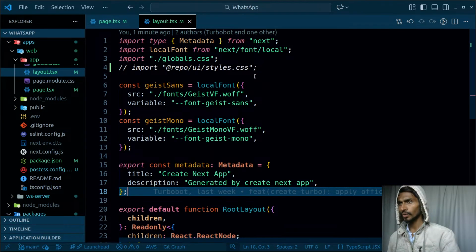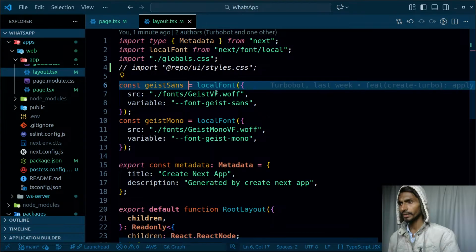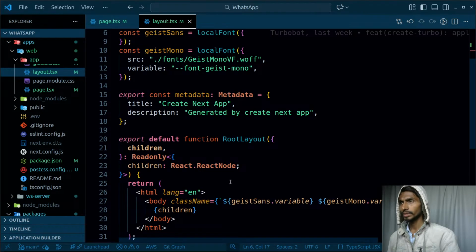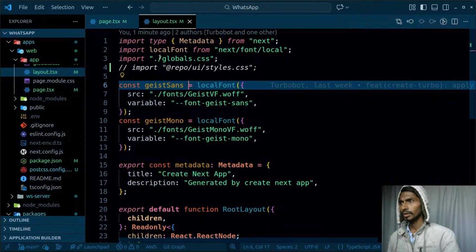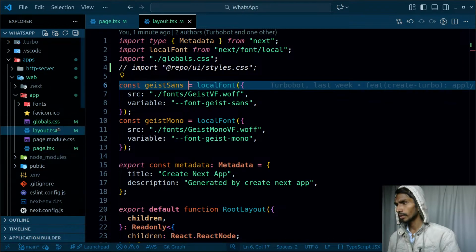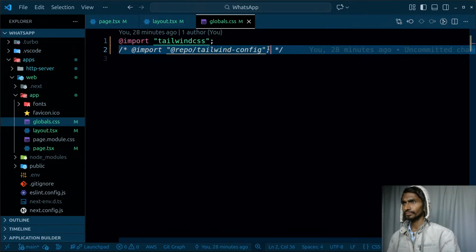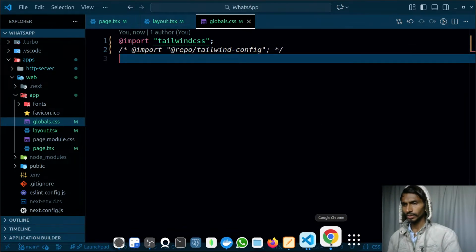Interesting. If I don't use this at all, like the global.css I have, that is fine. Apart from this particular thing, local font and all, I don't really need to worry about them. Global CSS, I'm not going to be using this configuration either. And once this particular thing is done,